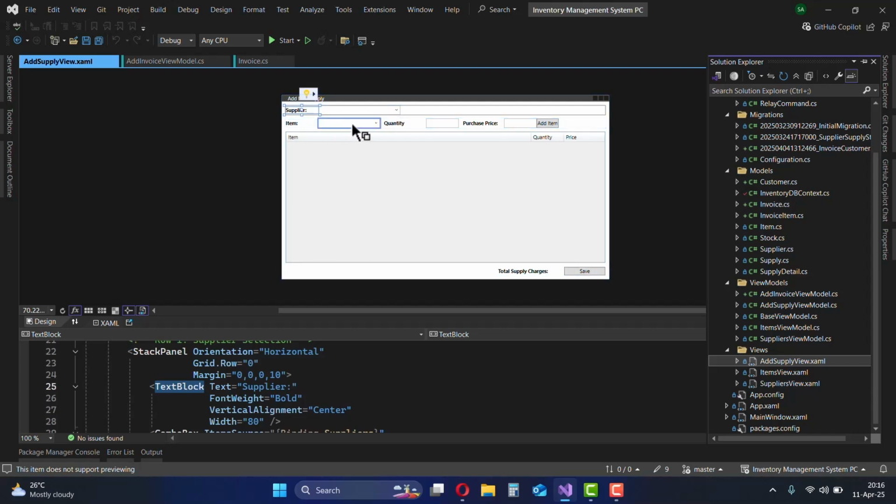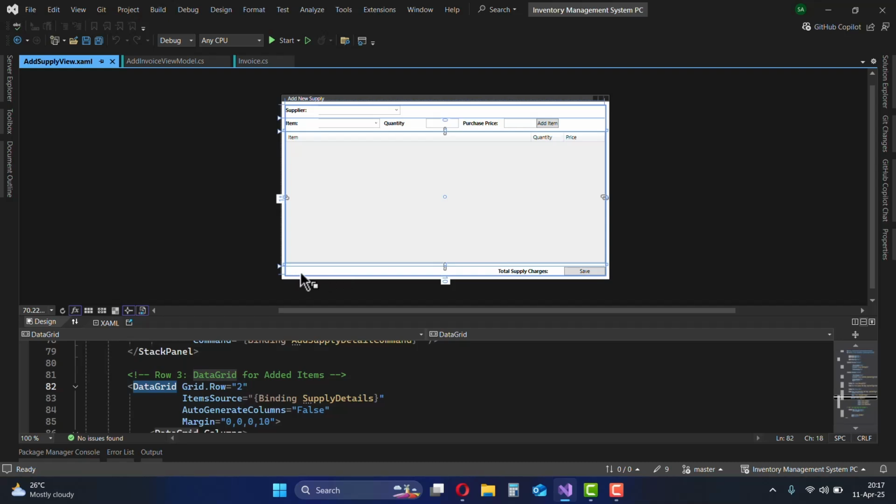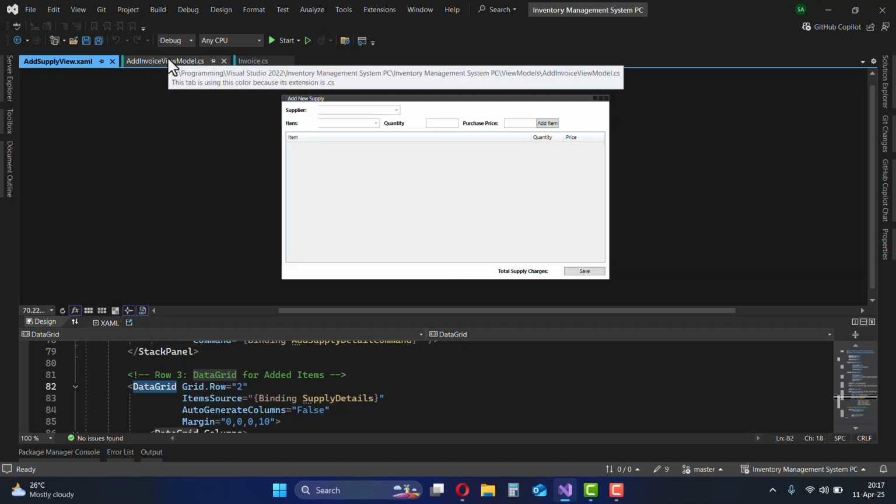Then these things will be the same, like selecting the item that we are going to sell, the quantity and the sale price, and adding the item. And then we will be putting some other controls here for discount, extra charges, and amount paid. And here will be the total invoice charges and then save. So this will be very similar and very simple. I will be copying most of these things in the view, but for now we go back to the